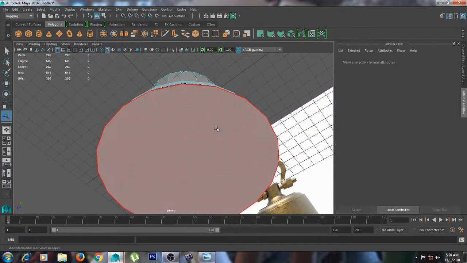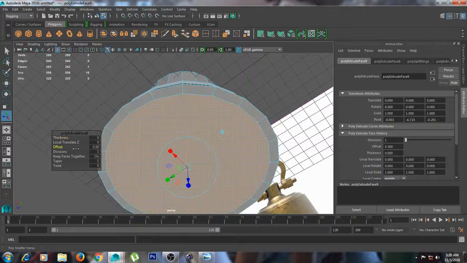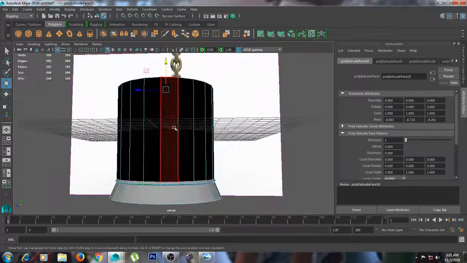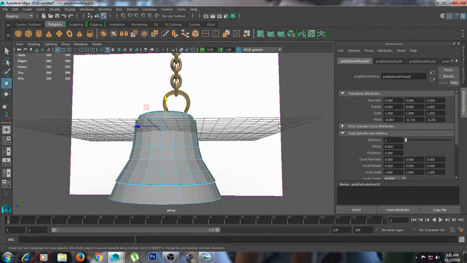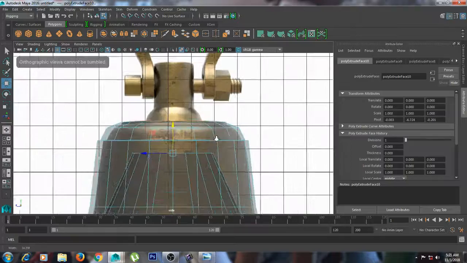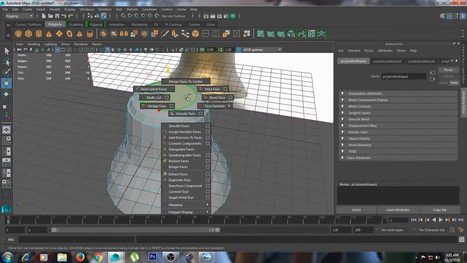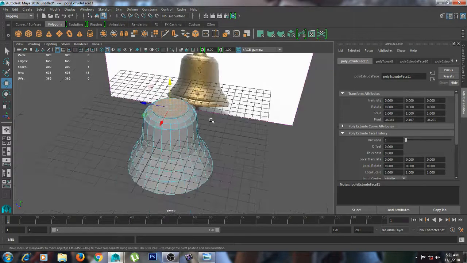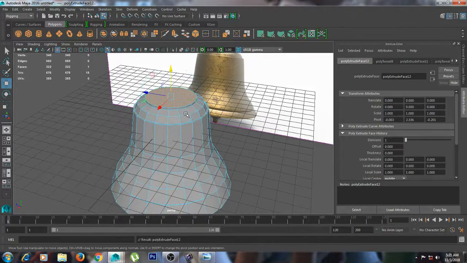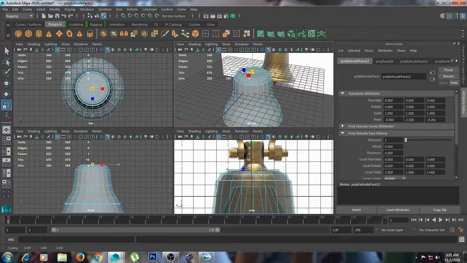Okay, now click on this face, shift right click extrude, click and drag on offset like this, and G to repeat, W for move tool, and then scale it like so. Here, and then select this top face, shift right click extrude, W for move tool, and just click and drag like so, and then again G to repeat, extrude it, and then scale it like this, and then shift right click extrude, and then